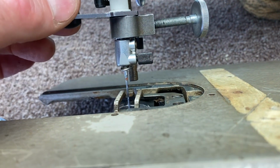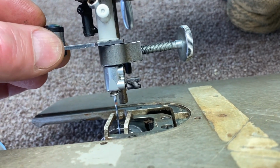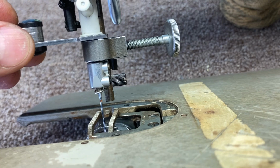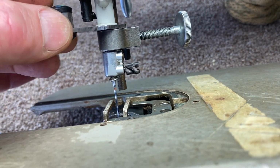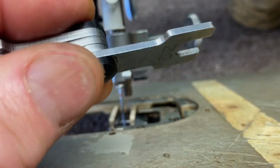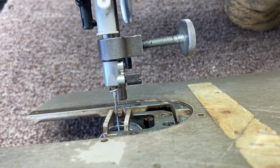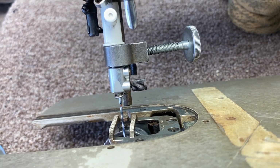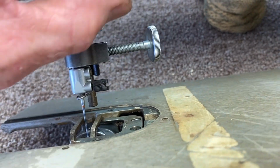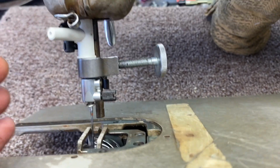There we go. So there's 2 millimeters. It's pretty snug. It's not crazy tight that it's going to be off. So when we slip it out, now we know we have 2 millimeters in between there. So now we have our needle rise, and boom, don't slam it up there, just move the hand wheel until it makes contact, and then